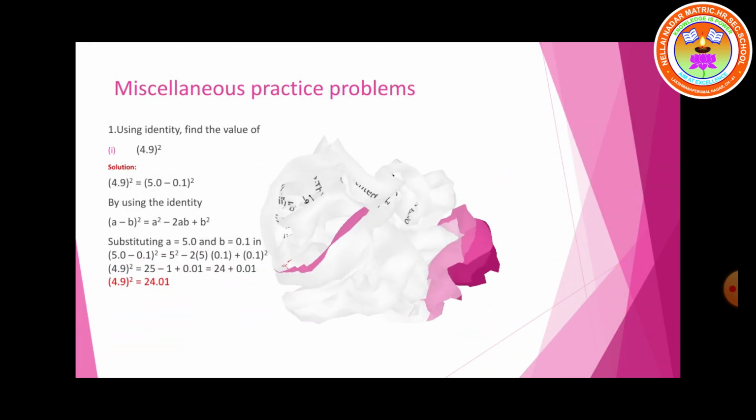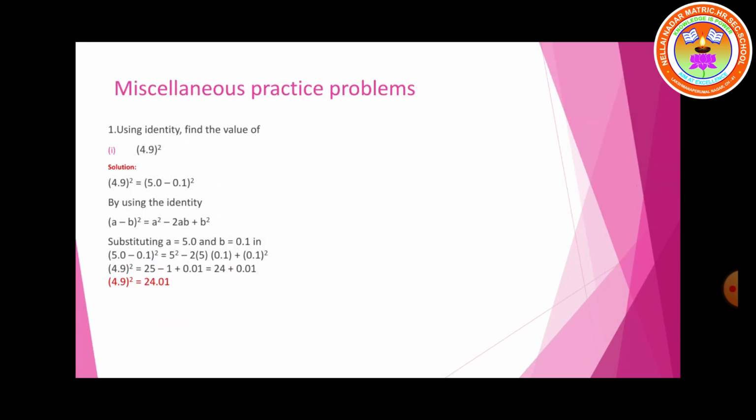Next, we are going to see the miscellaneous practice problem. Using an identity, find the value of 4.9 the whole square. 4.9 the whole square can be written as 5.0 minus 0.1 the whole square. By using the identity a minus b the whole square is equal to